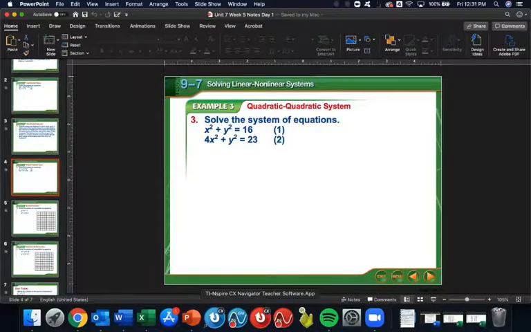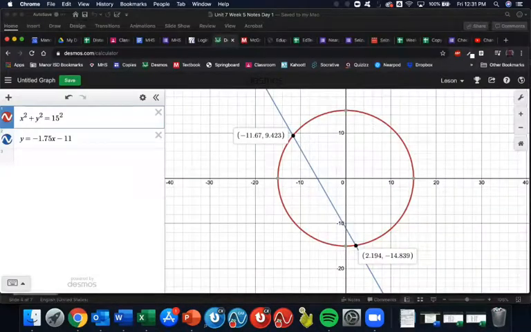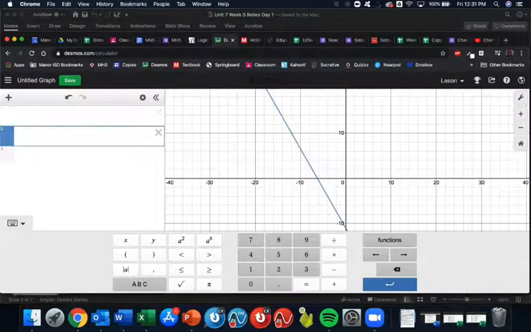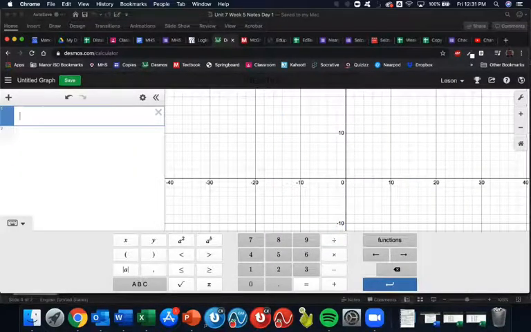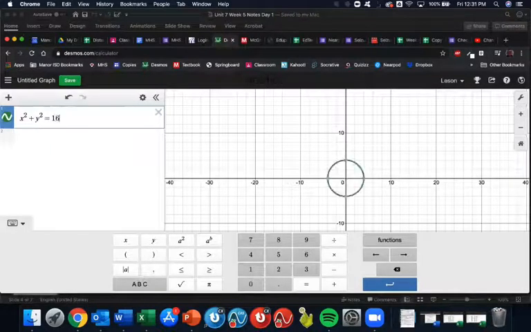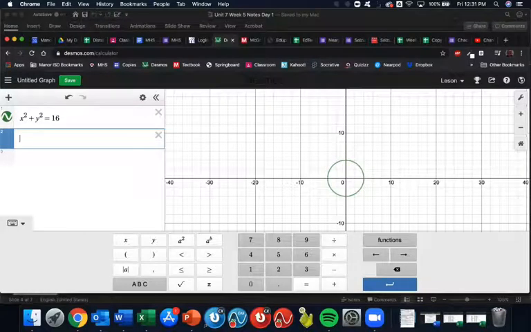So here we go back over to Desmos, our friendly calculator system. So we can go ahead and get rid of the ones from the last problem. And now we have 2 more equations. So our circle, x squared plus y squared equals 16. It's a much smaller circle. And then our ellipse, 4x squared